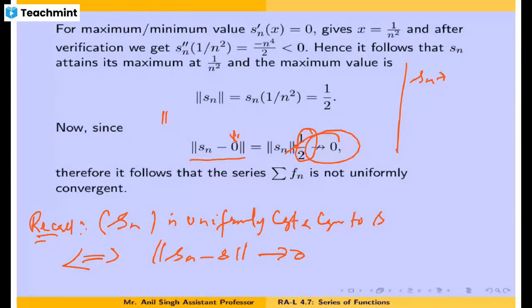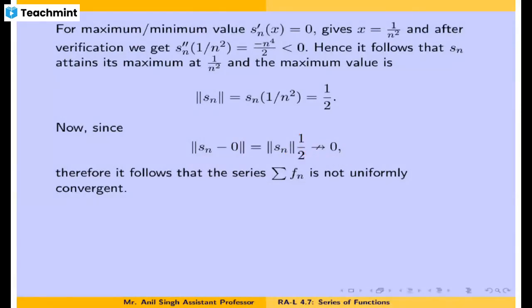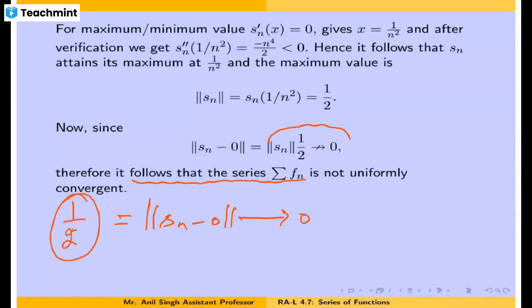So if it doesn't go to zero, that simply means, from the theorem that we have done for sequences, by using the necessary and sufficient condition for uniform convergence of a sequence of functions for bounded functions, and from there it follows that this sequence is not uniformly convergent, क्योंकि uniformly convergent sequence के लिए ये criteria था यहाँ पर कि pointwise limit पे जब आप norm find करोगे Sn minus 0 का, तो वो norm जीरो को जाना चाहिए था। बट यहाँ पर ये कांस्टेंट सीक्वेंस आ रही है 1/2।